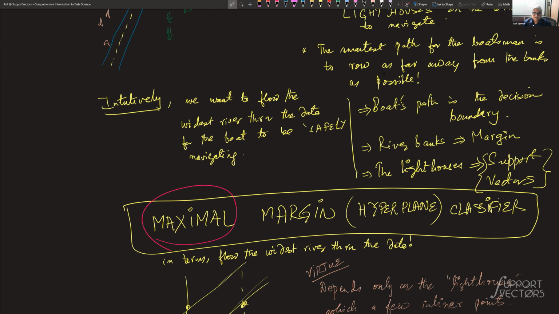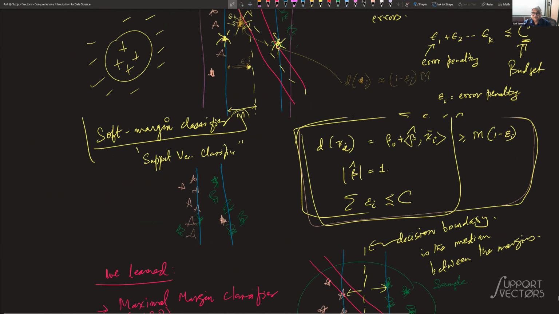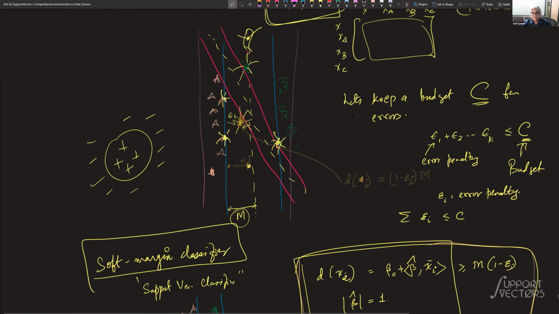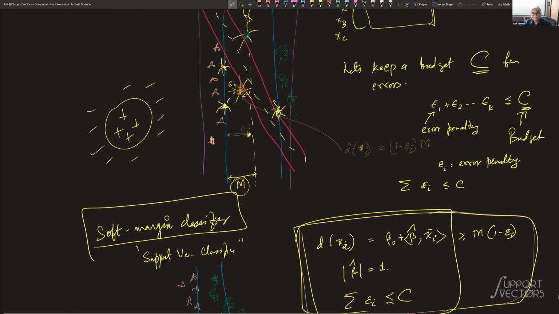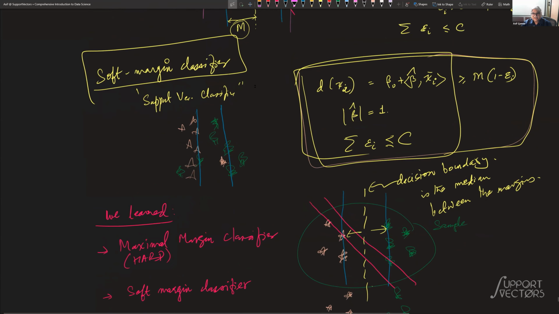And this is it. Then you soften it up a little bit for reality, and you say, well, we'll allow for a budget of mistakes. When we allow for a budget of mistakes, we can still flow a fairly wide river, but we get a classifier which must agree to this constraint that,